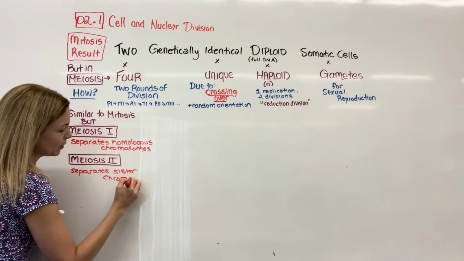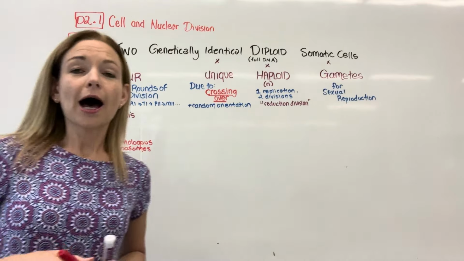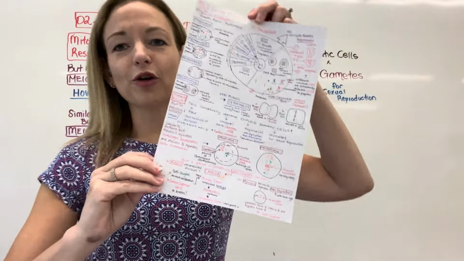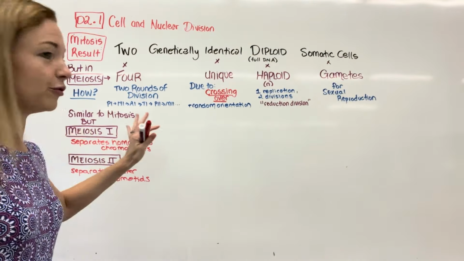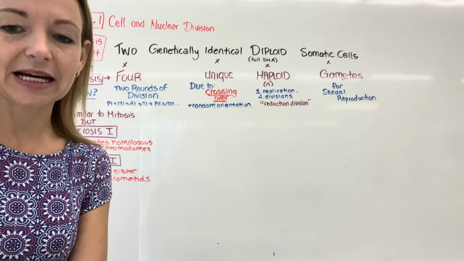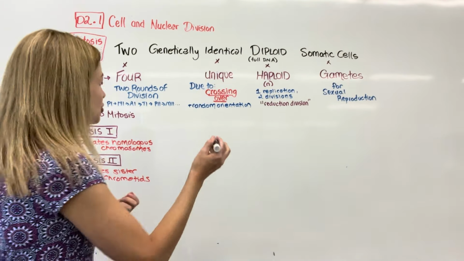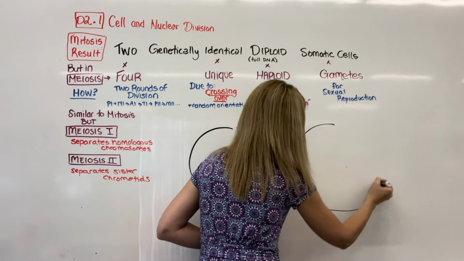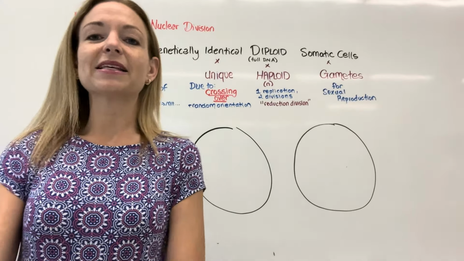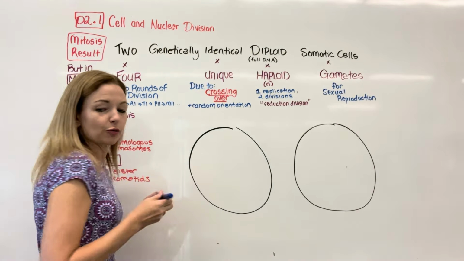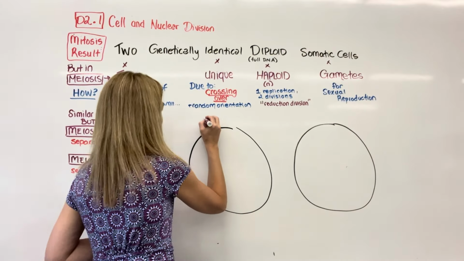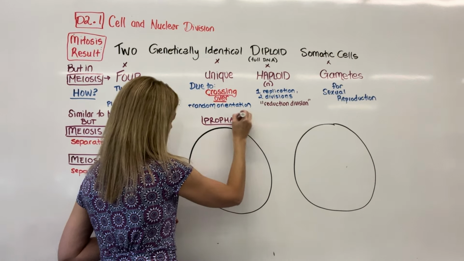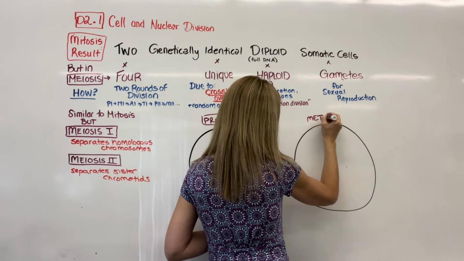Okay, and then like I said, because this is so similar to my mitosis, we're not going to focus too much on that, so we're just going to draw 2 stages and leave some room at the bottom. It doesn't need a lot, but don't use up all of your room. I'm probably going to erase just so I don't have to write tiny, but try to leave some room. Okay, so the 2 stages of meiosis that are unique are going to happen in meiosis 1, and that's going to be prophase 1 and metaphase 1. So we're going to show those 2 stages because they are the unique stages.